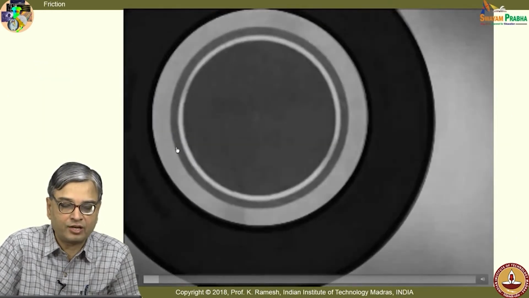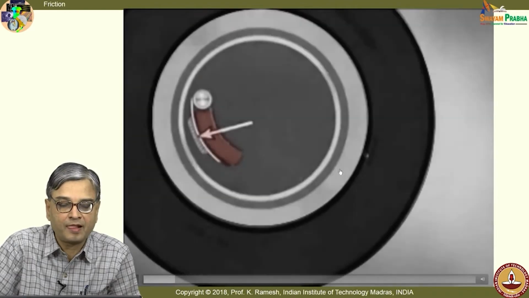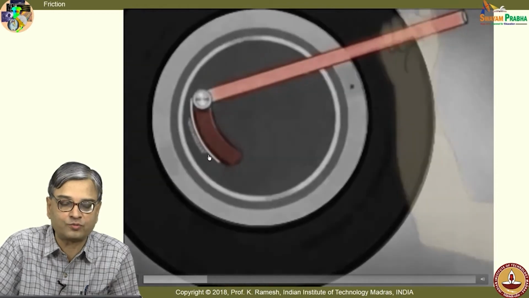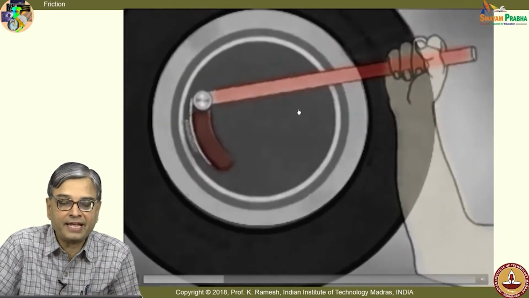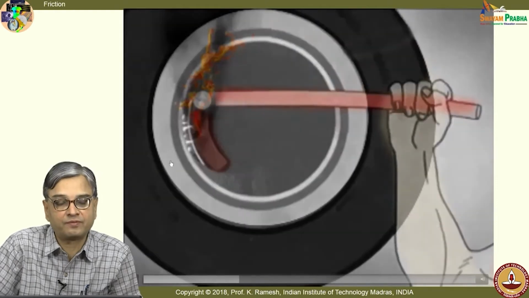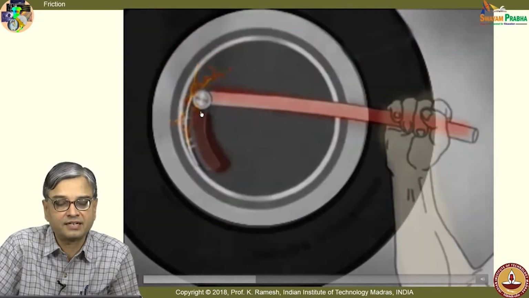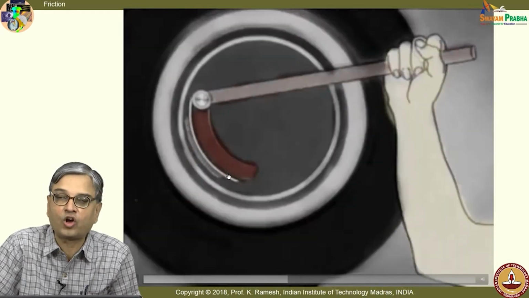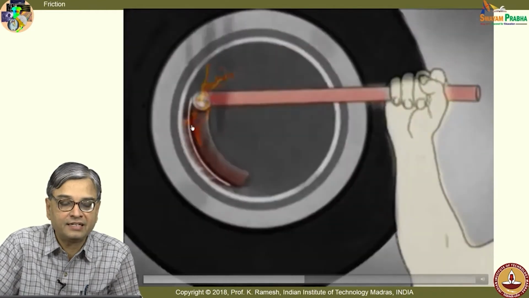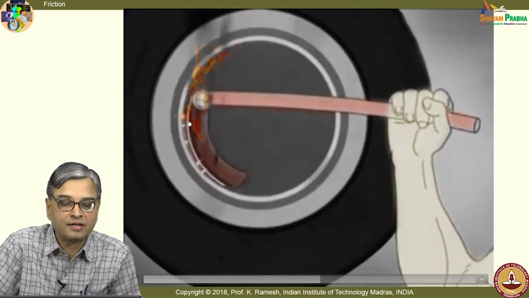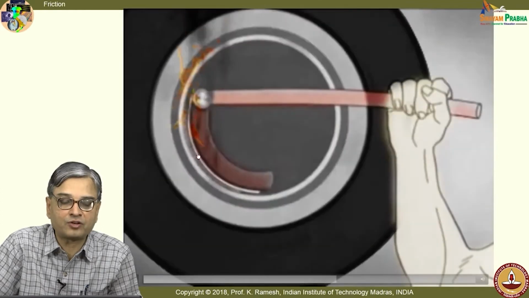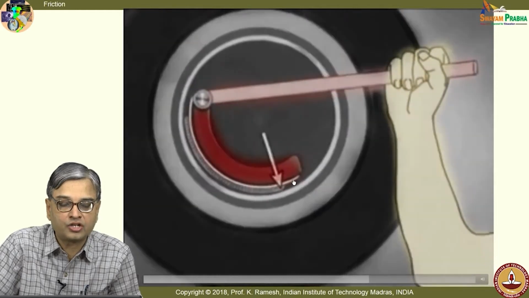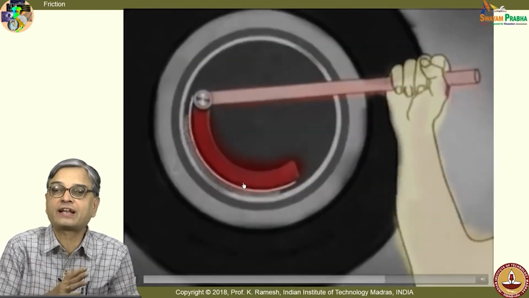Before that, I also have another interesting animation. Suppose I have a braking system which has a very small length of the shoe. The braking action can burn this off. Intense heat is generated. So, it will not have a life. Suppose I increase the length little longer. Here again, it is slightly improved, but this also can burn off because of friction. And you have a sufficiently long shoe for you to affect the braking.